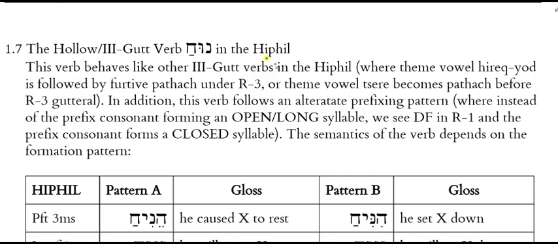In addition, this particular verb, nuach, forms an alternate prefixing pattern, where we can have the normal prefixing pattern that we've seen, which would be prefixing the consonant with an open and long syllable, or alternately, we could see a dagesh forte in root 1, and the prefix consonant forms a closed syllable. And depending on which pattern nuach follows, it'll mean slightly different things. And so